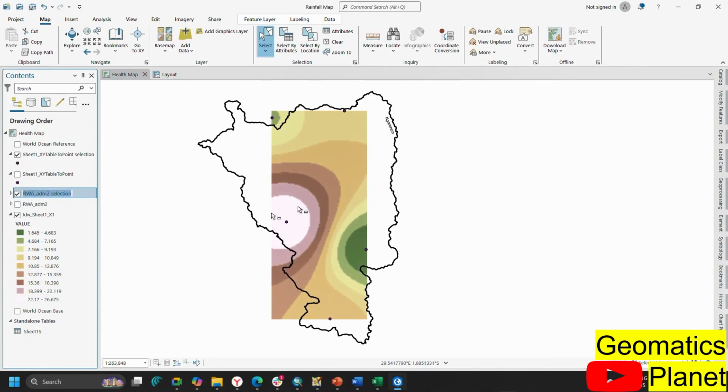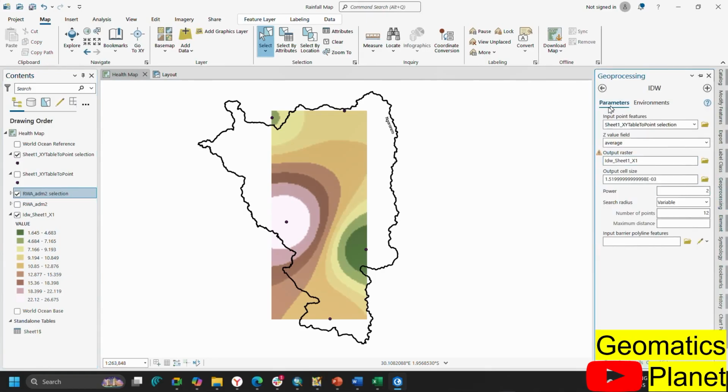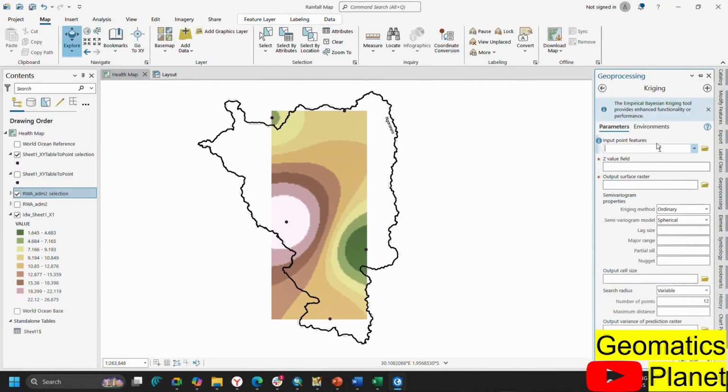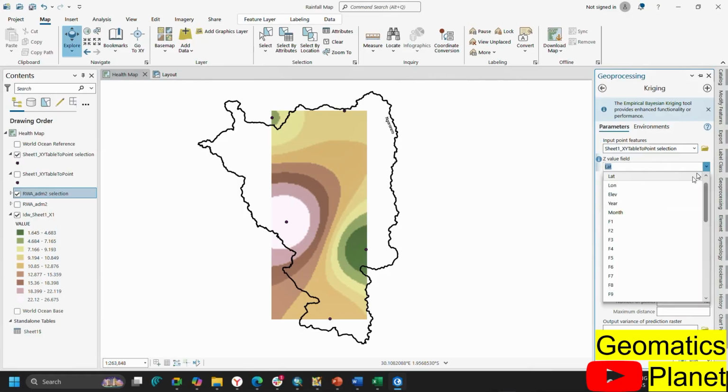Now this is when you're using IDW, which is inverse distance weighting. If you return back here to geoprocessing, we're using inverse distance weighting. This is the method, and you see the pattern it shows. Like I said, when we start raster, I'm going to explain this more deeply because we're going to use it more. But I also want to bring this and still add the Z value as an average,